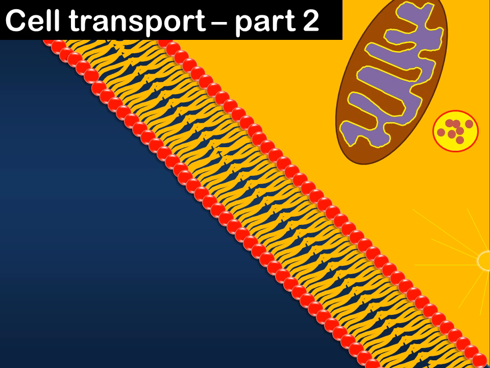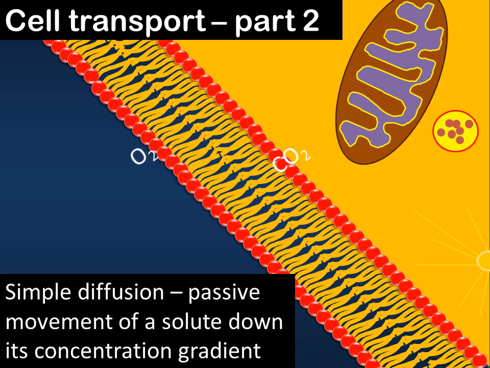In the previous video, we learned how molecules like oxygen and CO2 moved across our cell membranes due to simple diffusion. Remember that this was passive movement, didn't require any energy. Passive movement of a solute, in this case the oxygen and carbon dioxide gas, down each of their concentration gradients. So oxygen is higher outside the cell than it is inside the cell, so it moves in, and vice versa